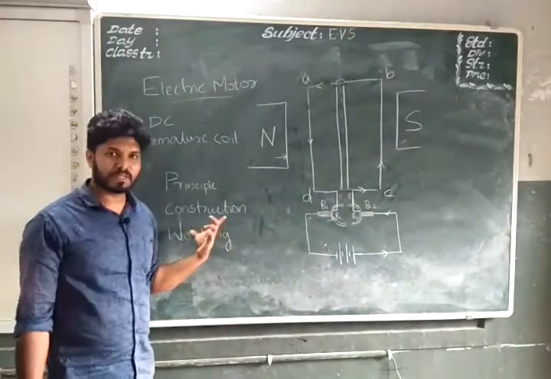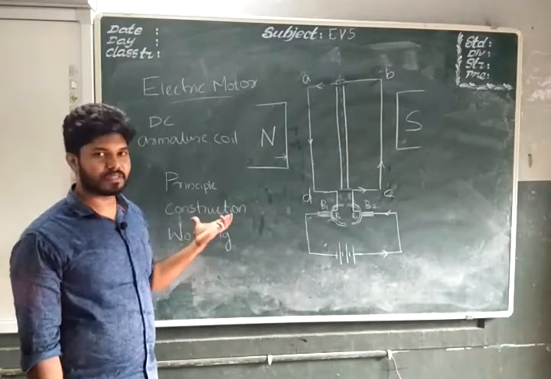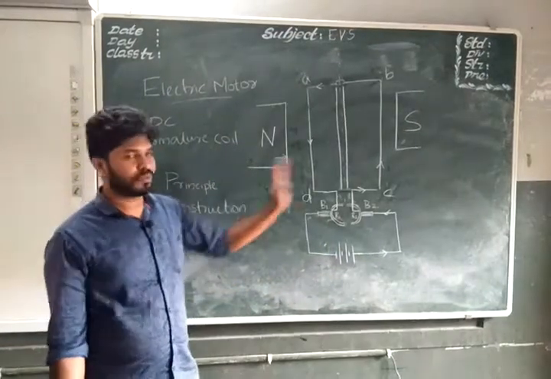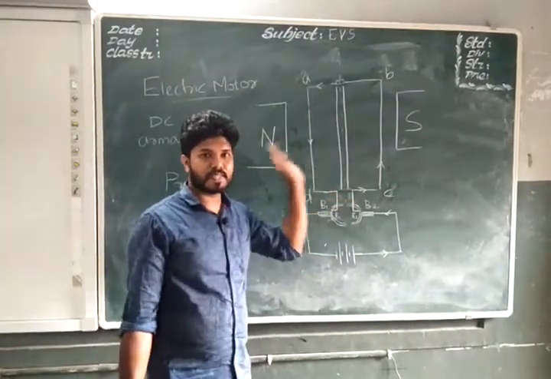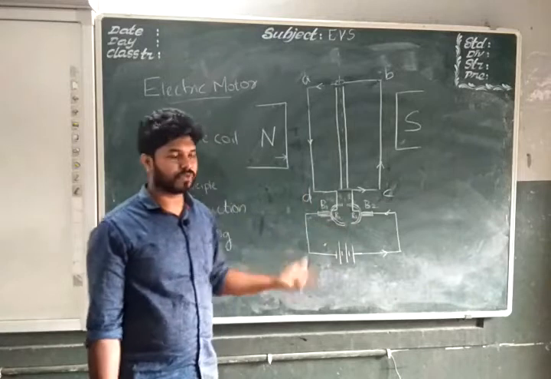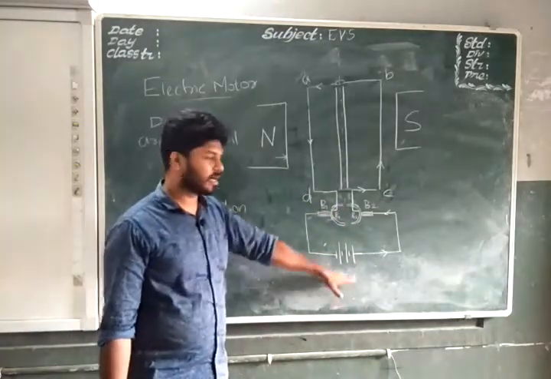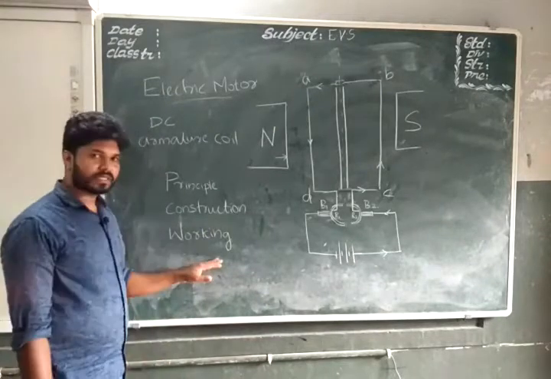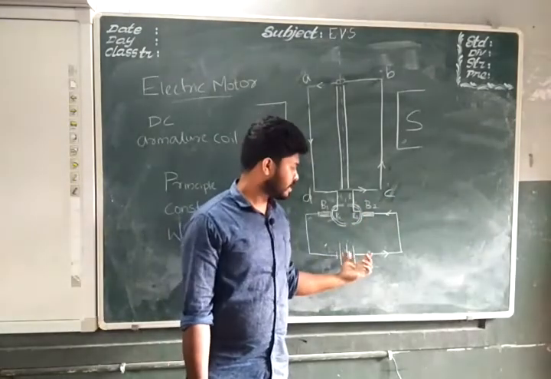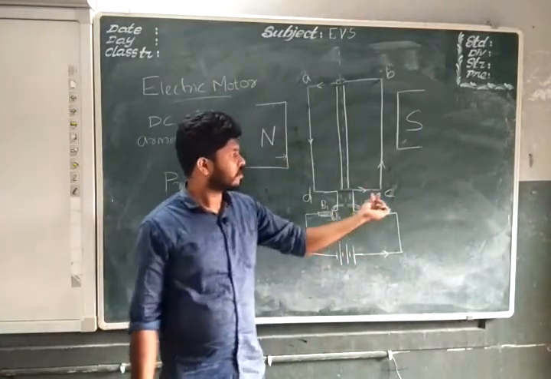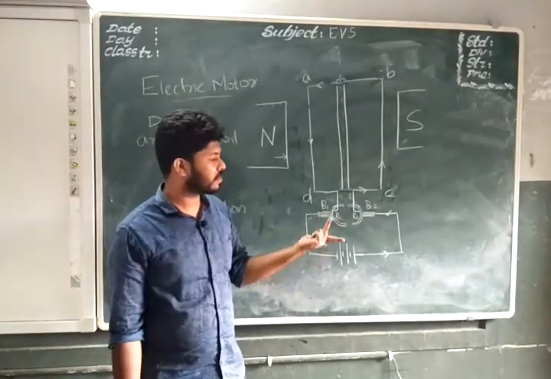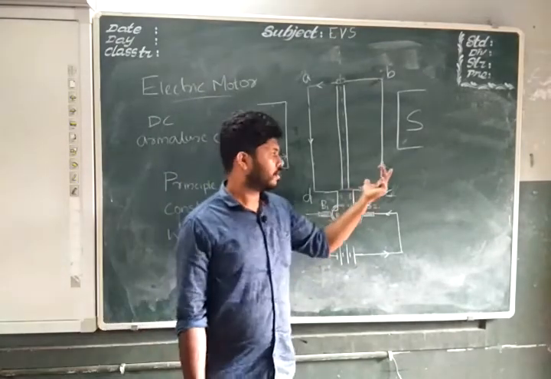Now to the construction part, already discussed. For construction we need armature coil ABCD and two magnets or the two poles of the same magnet. Next, we need two rings R1 and R2, brushes B1 and B2, and a battery source. And working, when the current passes in the coil, that is from positive terminal to the negative terminal, when it